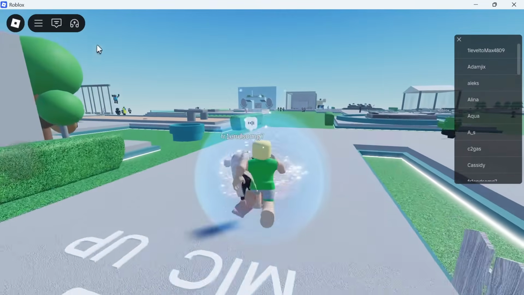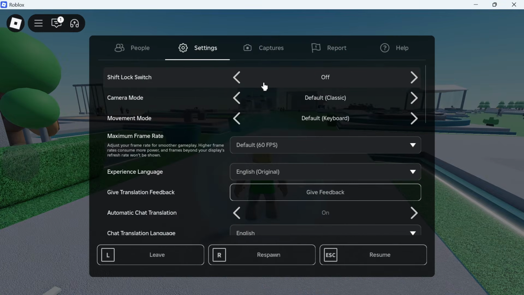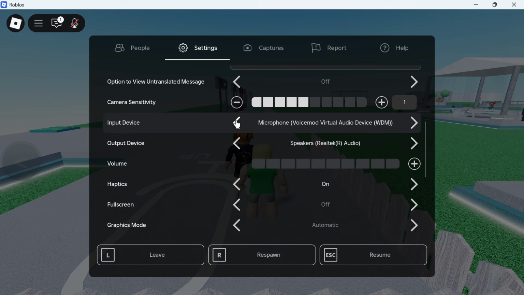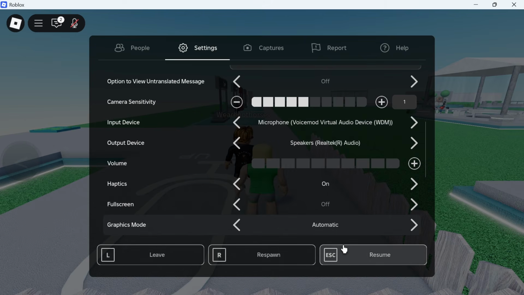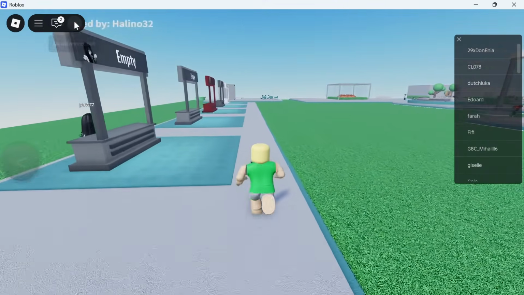Once you're inside your game, you can come over to the top left hand side and click on Roblox menu, click on settings. You can then scroll down to where it says input device, and then you need to navigate across these options and make sure microphone, Voicemod, virtual audio device is selected, and then you can go and press resume. Now once you've done that, you can go and unmute your microphone, and now what we can do is